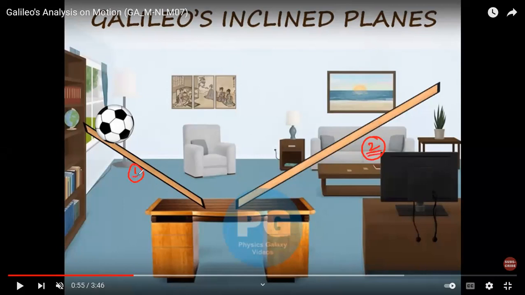Now if you observe very carefully, I am releasing a ball here. What is this ball? Football, sir. I am releasing it every time from the same height. This is the inclination at which I first kept the plane. Now I can change it to this position, and to this position. You can see whether it attains the same height or not.